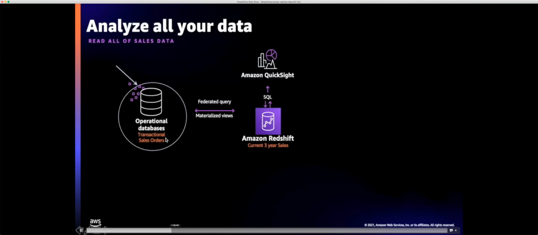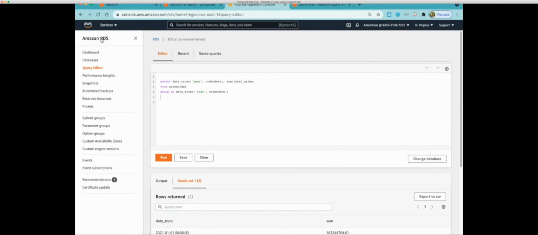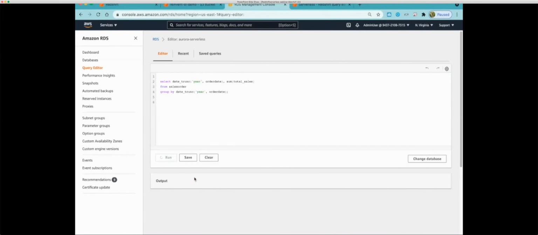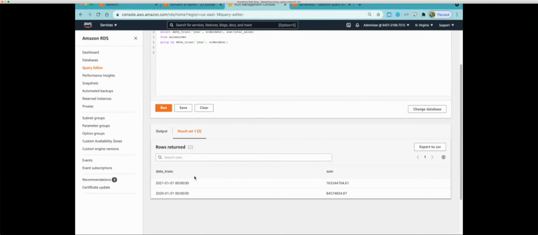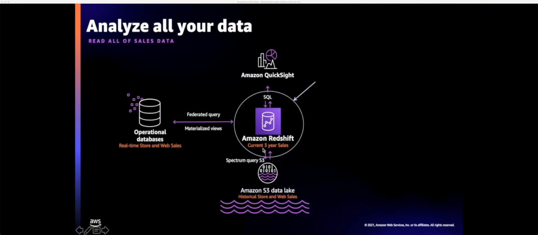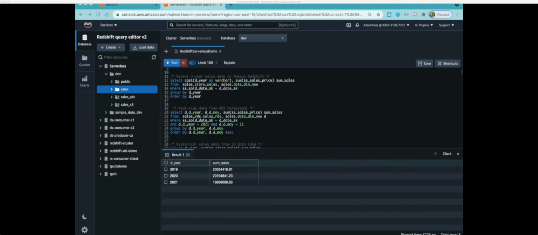The operational database again has the information, as I mentioned, on the sales data and the inventory. So we are going to take a quick look at it and ensure that this is the right data that we want to query. And in Amazon Redshift, for simplicity, we have already loaded the data. This has the 3-year sales data.